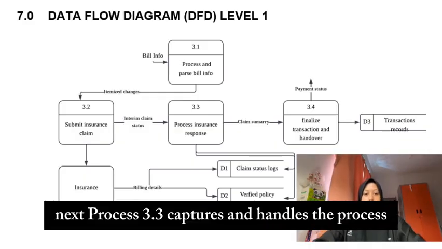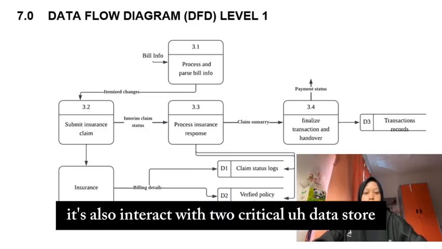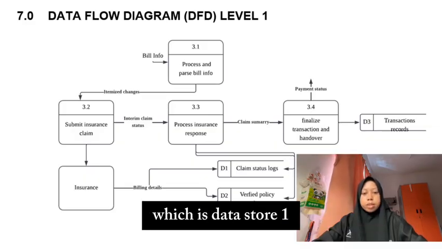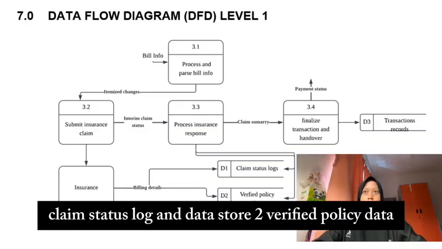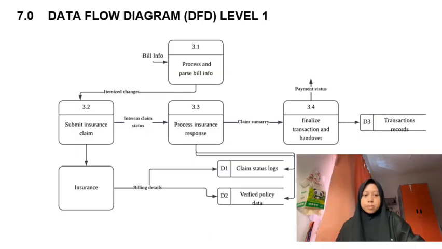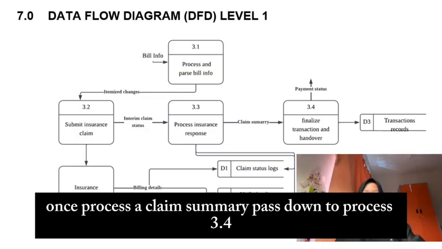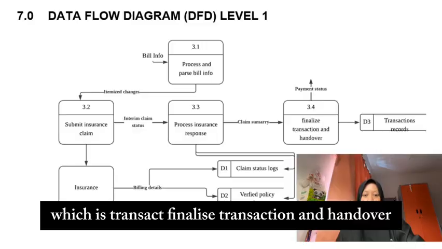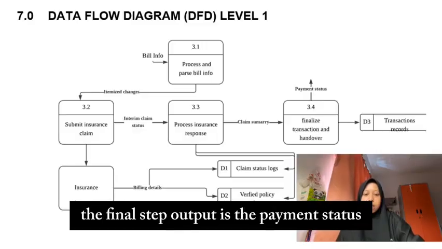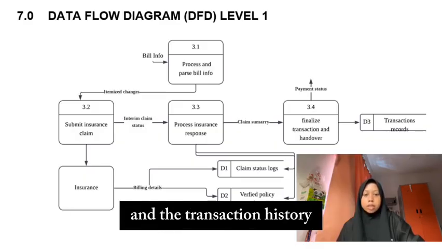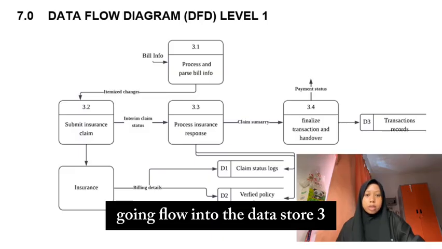Next, process 3.3 captures and handles the process insurance response. It also interacts with two critical data stores, which are data store 1, claim status log, and data store 2, verified policy data. Once processed, a claim summary is passed down to process 3.4, which is finalize transaction and handover. The final step outputs the payment status and the transaction history, flowing into data store 3, which